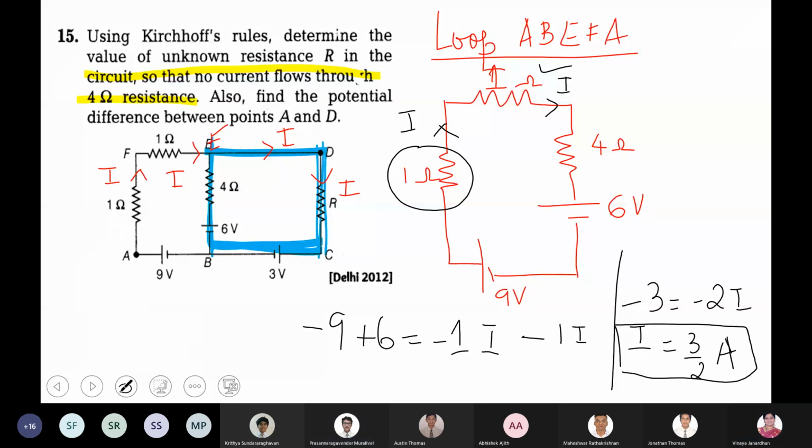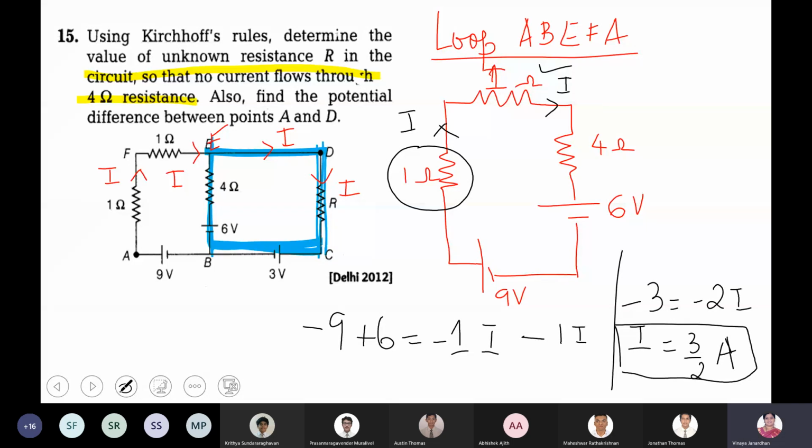Okay, ma'am. At least by the next class, I have to start the EMF of the cells. Already we lost 10 minutes. So copy down the circuit, right? Next, I have to go for the next loop. Copy down the loop AB.